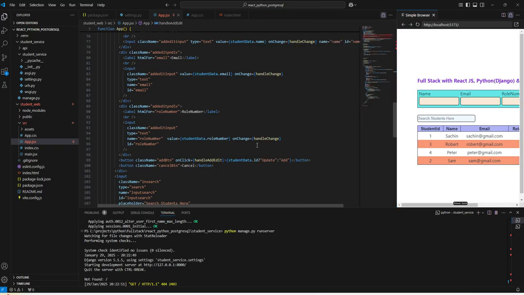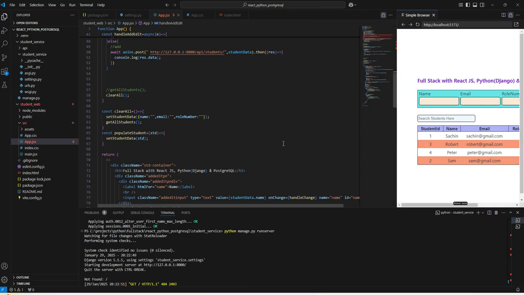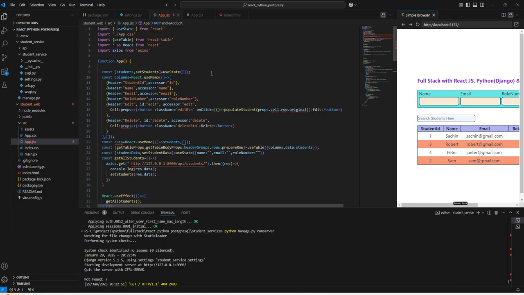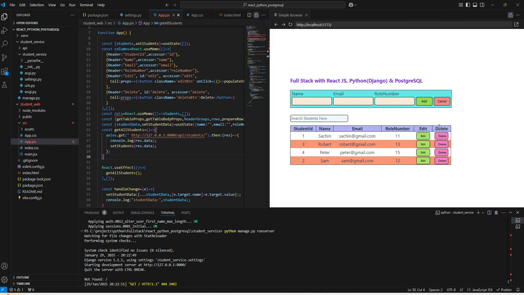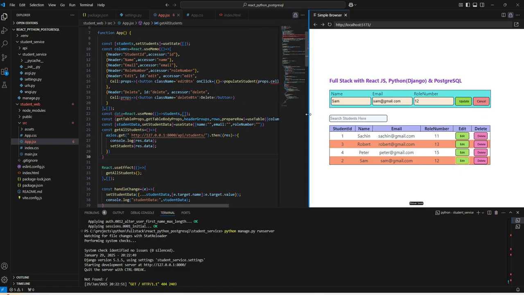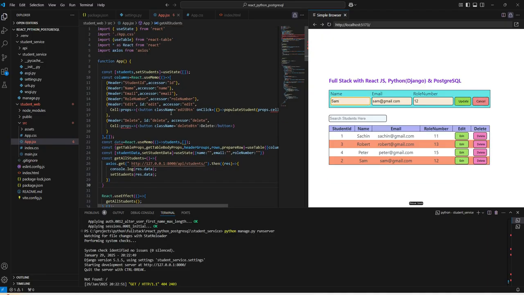Now let us save it. So our addition and updation is working fine. Now let us focus on delete part. Before we go for deletion, let us disable this cancel button. Once we click on cancel, it should clear the data. So for that reason we can use